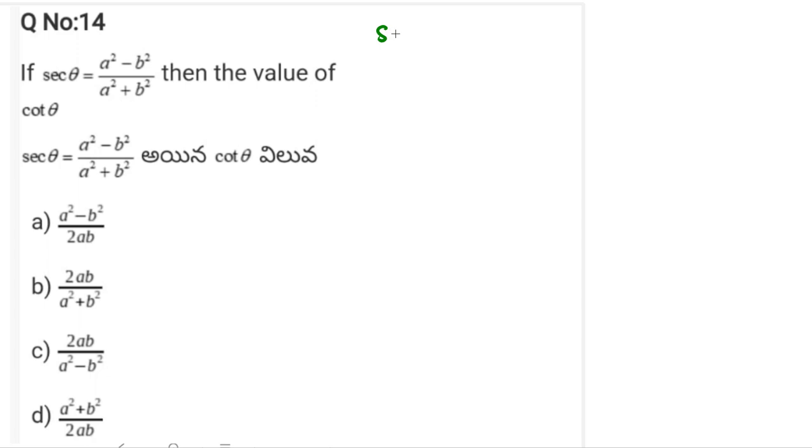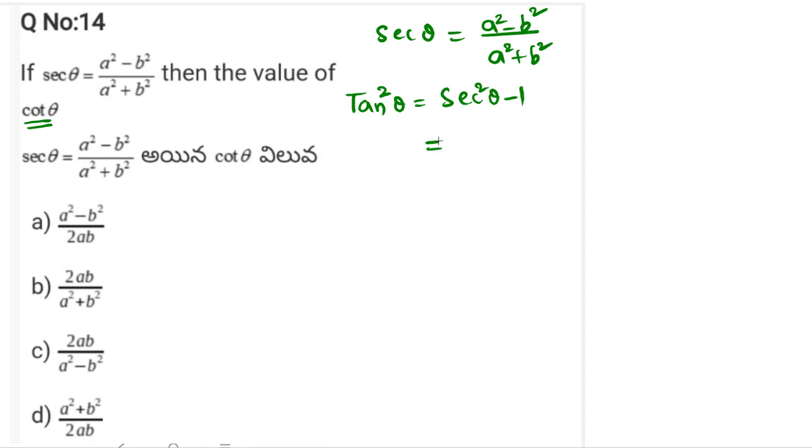So here, given that secant theta equals a square minus b square divided by a square plus b square, we need to find out the value of cot theta. As we are given secant theta, we can find tan theta from this. We know that tan square theta equals secant square theta minus 1. This is equal to, for secant square theta, a square minus b square by a square plus b square, whole